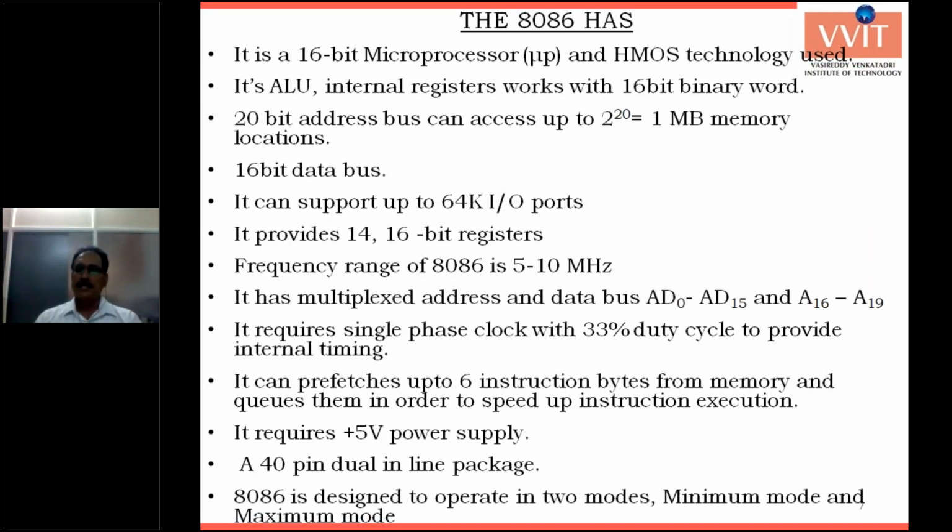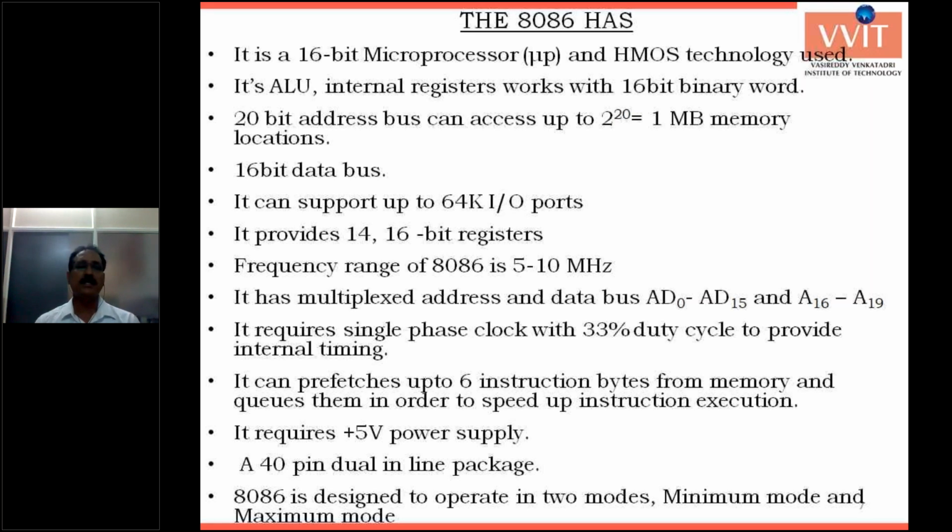Now, it works on 16-bit binary words, word by word. Word indicates the number of bits processed in parallel. In a processor that processes 8 bits in parallel, the word capacity is 8 bits. In a processor that processes 16 bits, the word capacity is 16 bits. In a processor that processes 32 bits in parallel, the word is 32 bits. Word is not a fixed size. It depends on the processor's computing capacity: if it is 8-bit, that is an 8-bit word; 16-bit, a 16-bit word; 32-bit or 64-bit, a 32-bit or 64-bit word.